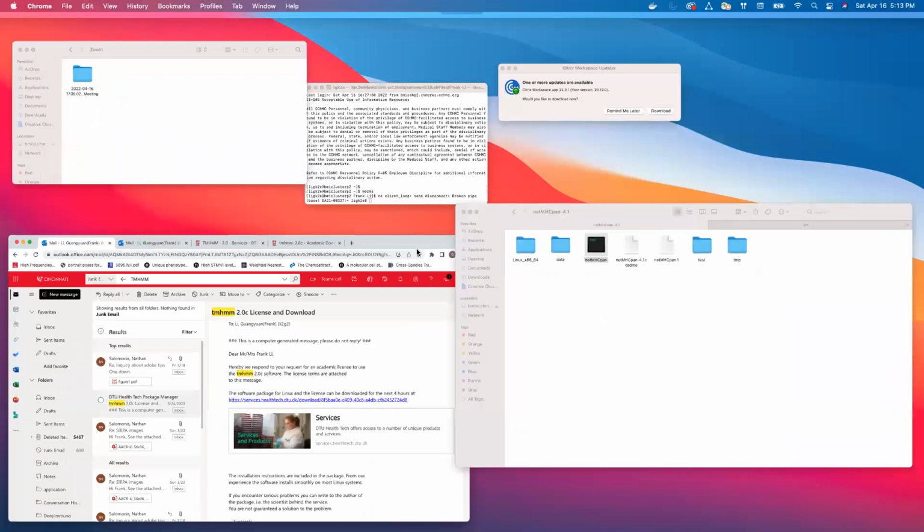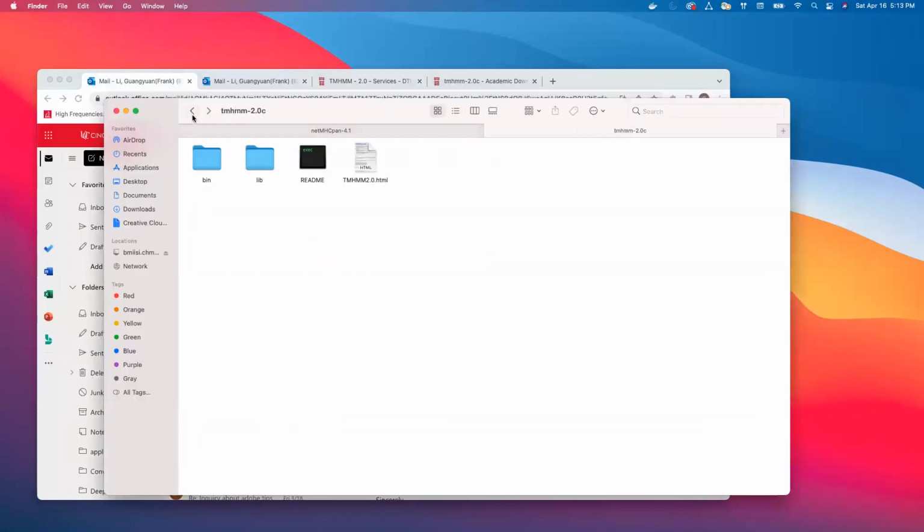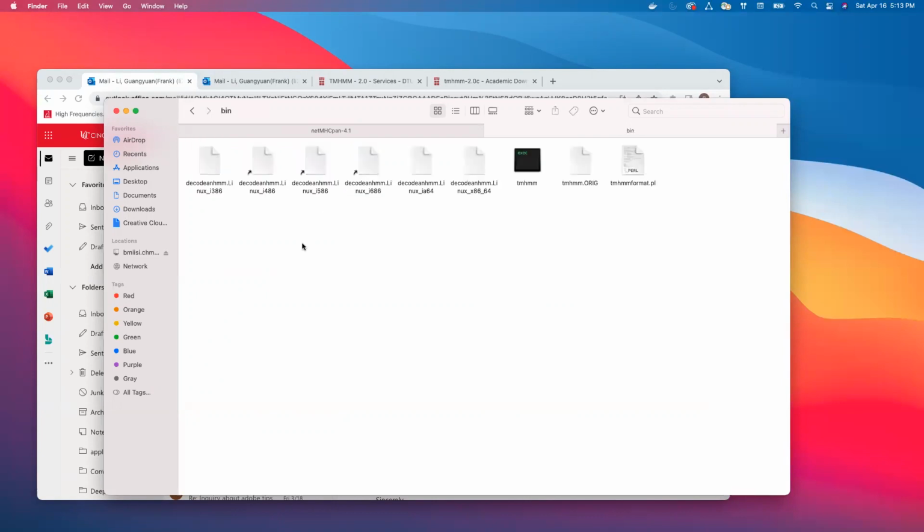After you download that, you will have a package right here, a tarball file. First, you decompress it into a folder, within which, again, I would highly recommend you read the README file. But simply speaking, what you need to do this time is go to your bin folder, and there's a TMHMM